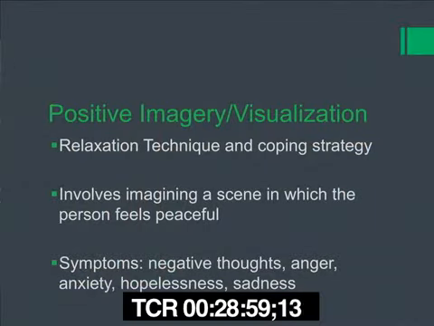The next behavioral intervention I want to discuss is positive imagery, or visualization, it's sometimes called. This intervention can be really helpful, especially for patients who are struggling with anxiety, who are struggling to relax, who are really angry and having negative thoughts or feeling hopeless. Visualization is basically helping patients come up with an image when they're going through a difficult time. They can pull up an image in their head and kind of go to a relaxing, safe place that they imagine.